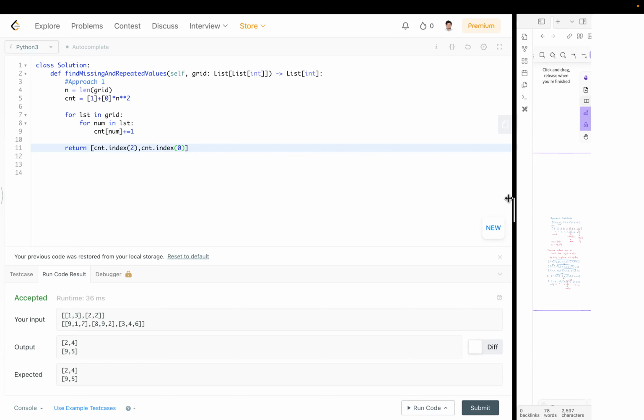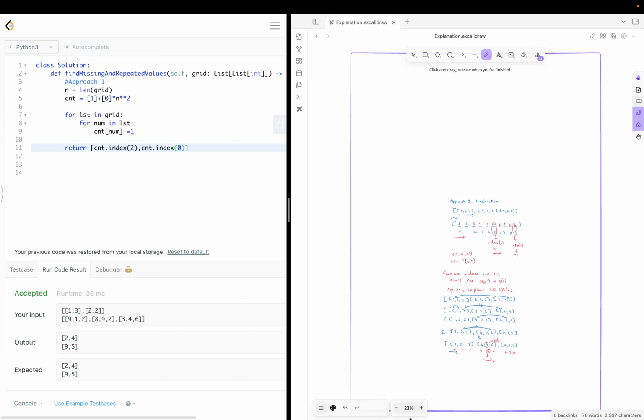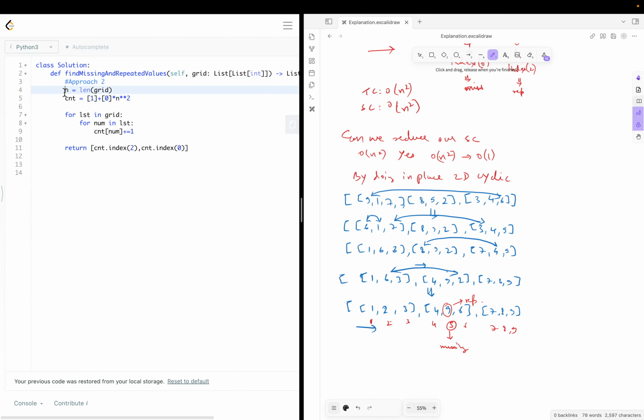For writing the code, we need the number of rows and number of columns from our original grid, which we can get by finding the length of the total 2D list and the length of each individual list in the grid. And now we'll use two variables, row and column, to